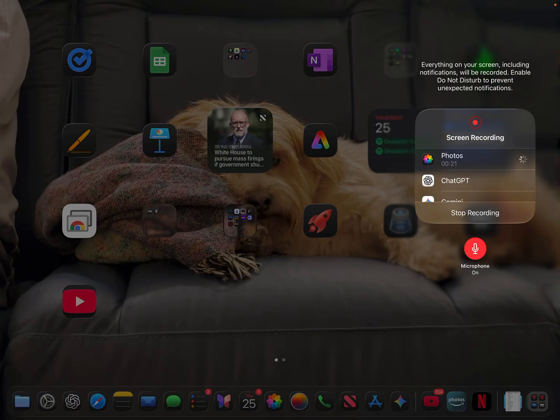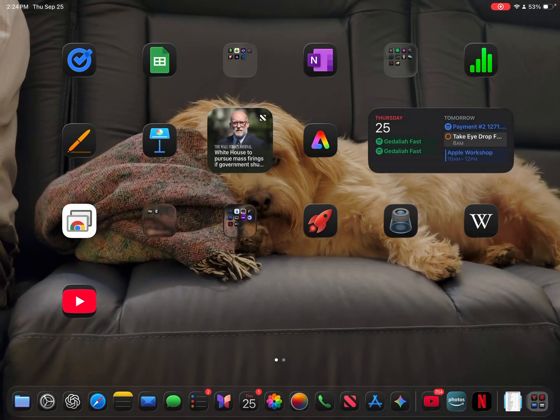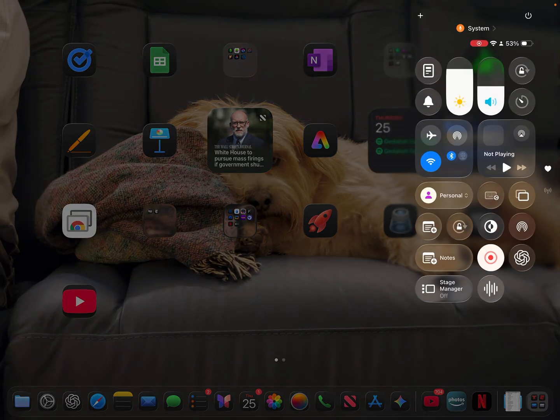I'm recording this using screen recording, which is found somewhere in your system on your iPad. And I thought I'd just try to relive what you'll see when you go there. So let's get started. Here you can see I have the control panel, swiping down from the top. I'm using my finger swiping down. And this little red circle right here, with my mouse pointer using the Magic Keyboard, I am recording my voice